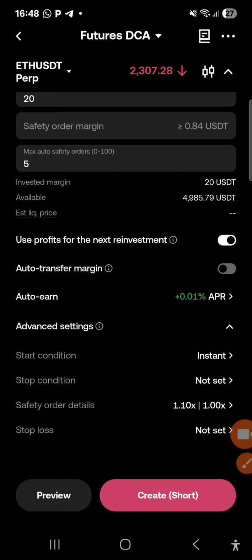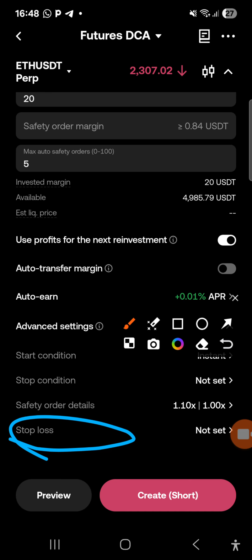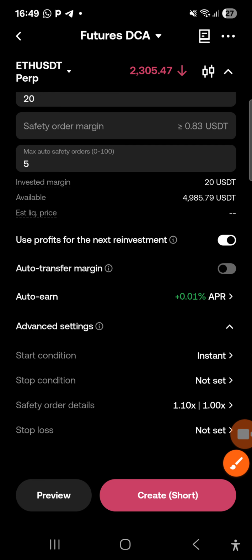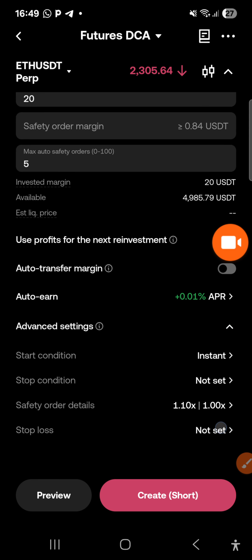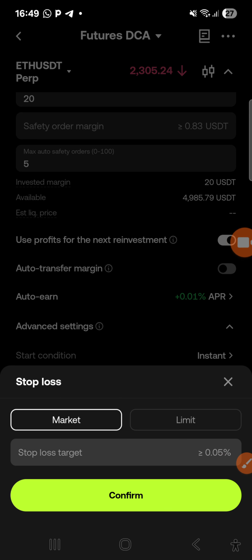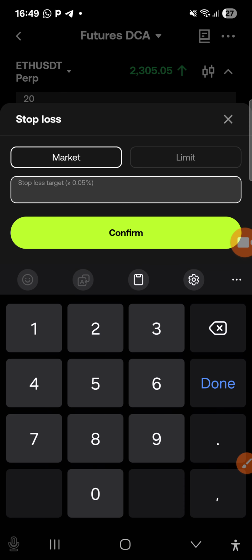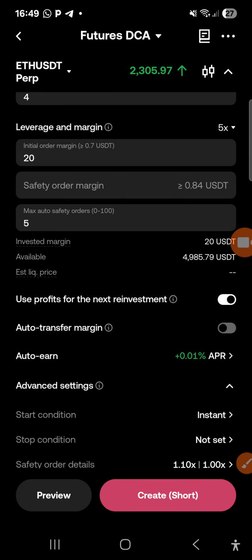Now we go to stop loss. Everyone knows what stop loss means and its advantages, so I will not talk much about it. You can set it like this. And the stop loss in trading, by the way, is a very important thing. Like here, either limit, stop loss, whatever target, either in percent or in price, and you confirm your robot and you move on. Now I hope that